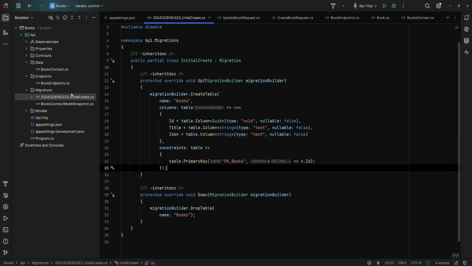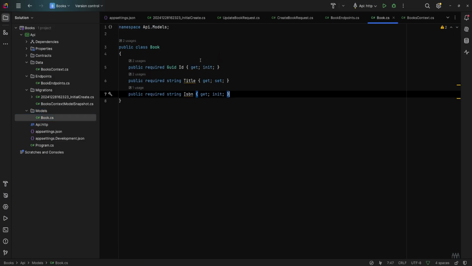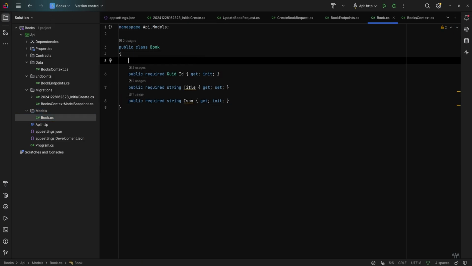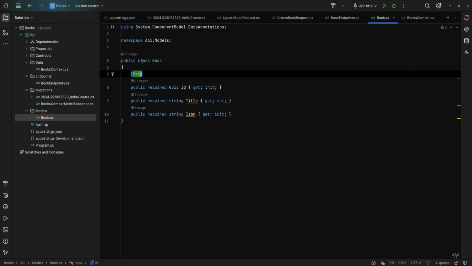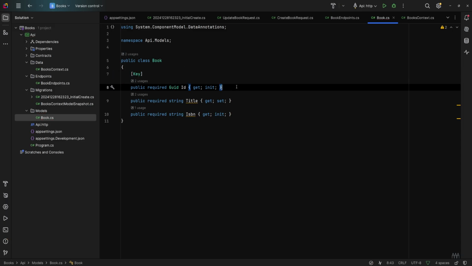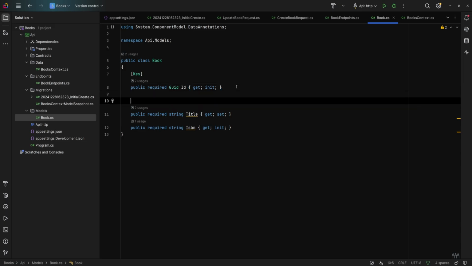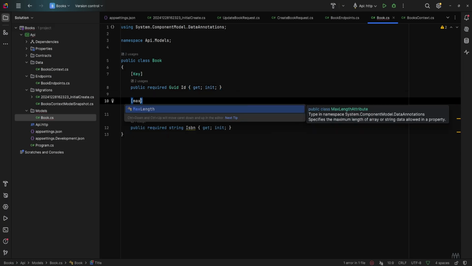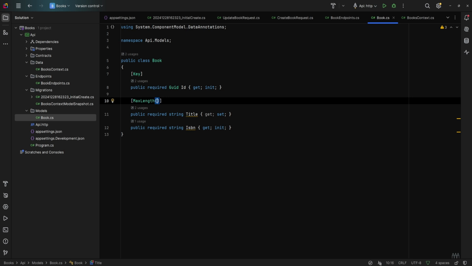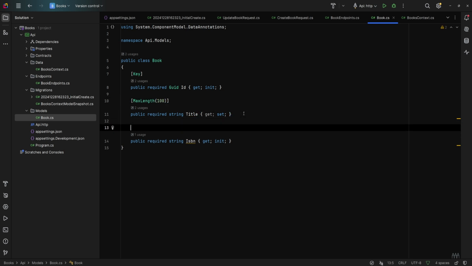You can also explicitly configure that by going to your models and using these data annotations like this. You can say this is a key, so then Entity Core will know that this is a primary key. And for these other properties, you can do things like max length, let's say 100, and then ISBN should be max length,